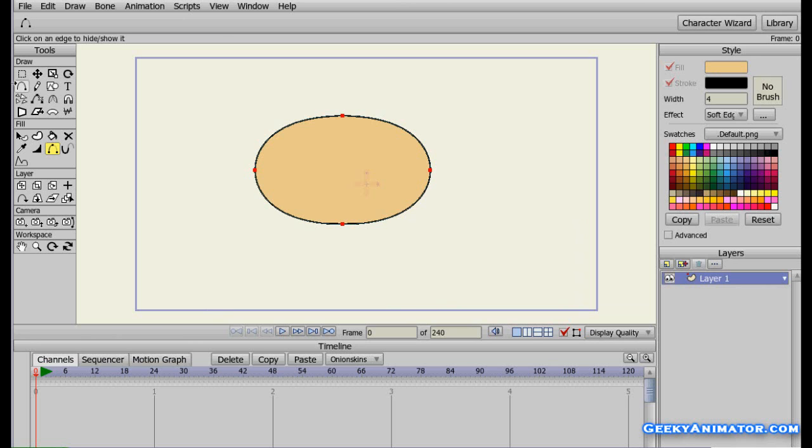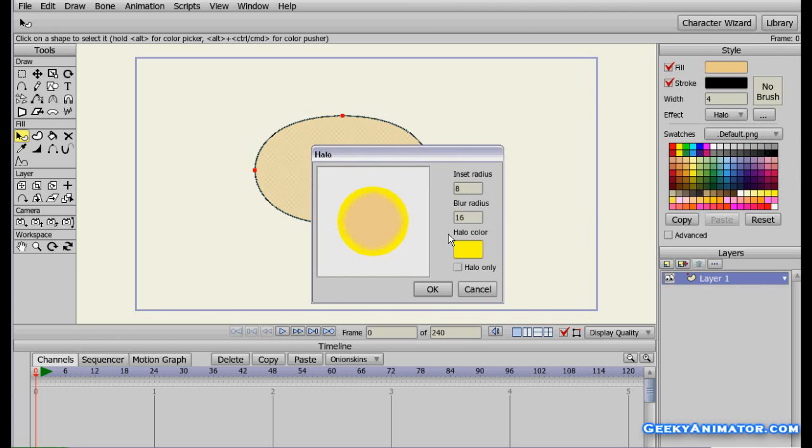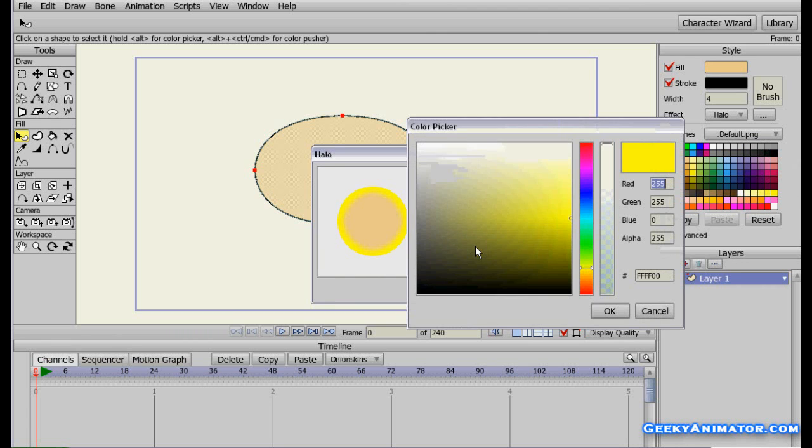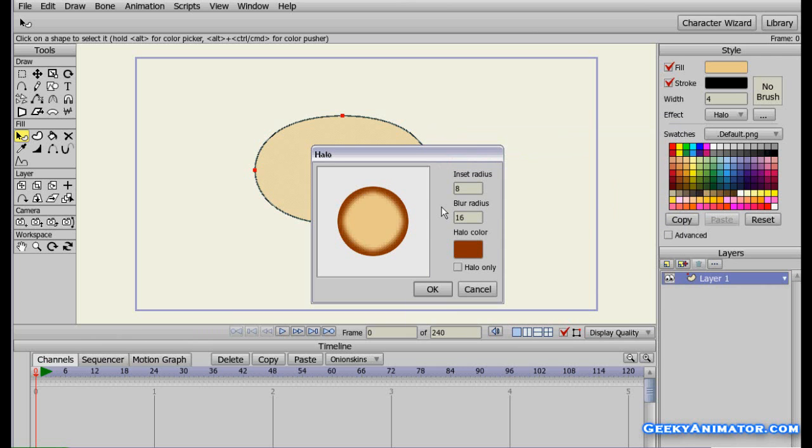And alright, so I'm going to select the select shape tool once again, and let's see what else we have. So we have a hello. Click on it to see what that is. So okay, this is the hello. You can see that it's surrounded by a yellow color. You can change the yellow color. You can make it something like this dark orange color. Press OK,